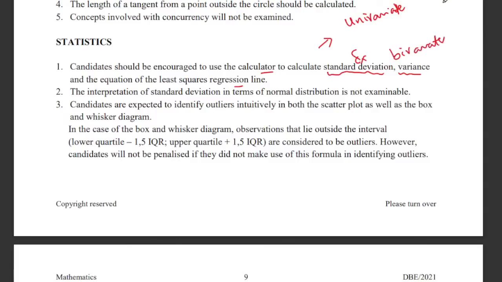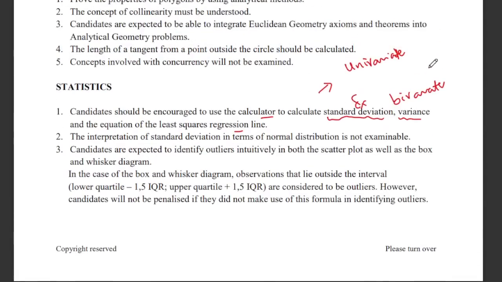Okay, so under the univariate, we're talking about one variable type of data. An example, someone can talk about the marks that were obtained in a test, or the distance that was traveled in a marathon by different runners, and things to do with just one type of information. Okay, under this, the typical questions they ask for will be the mean, which is sometimes known as the average. Okay, then we also have the standard deviation. They can also ask for the variance, and then it is still under this that they talk about the box